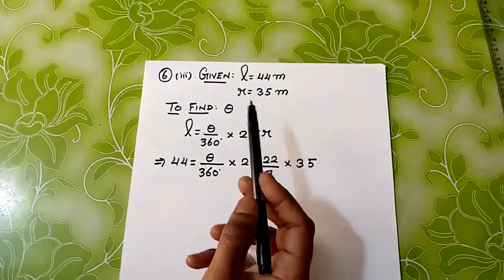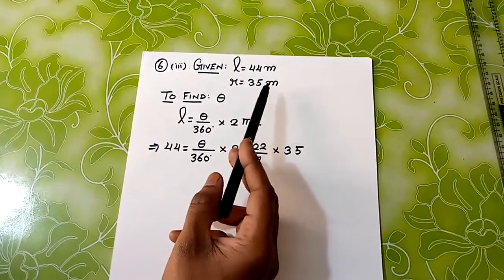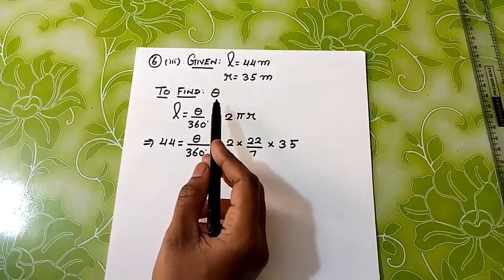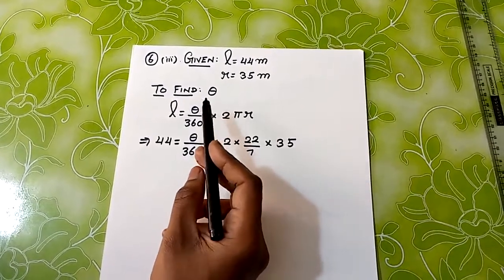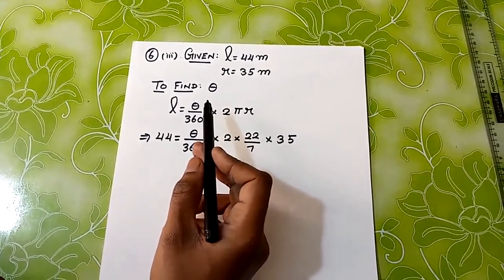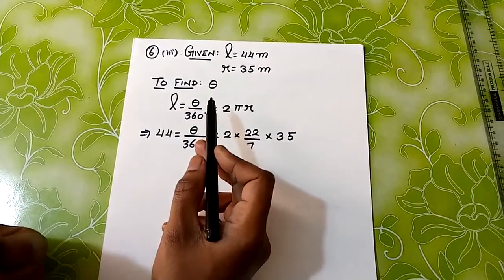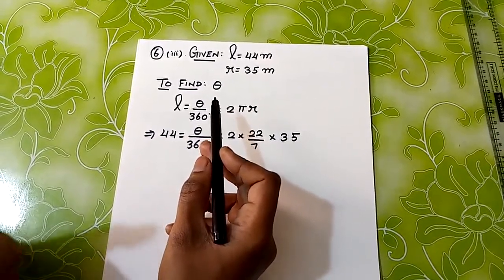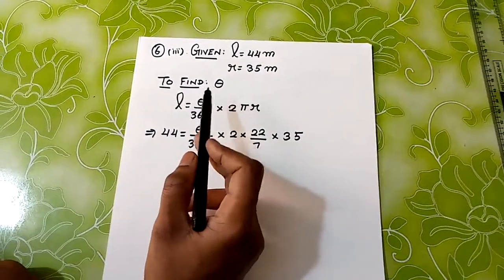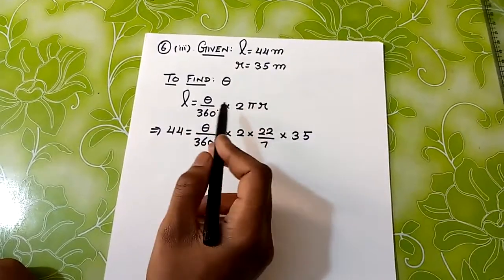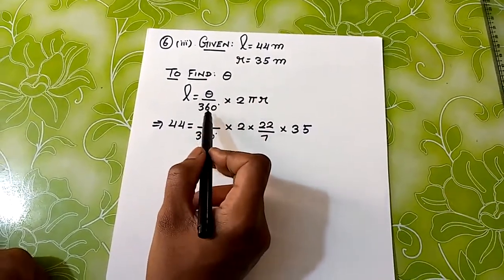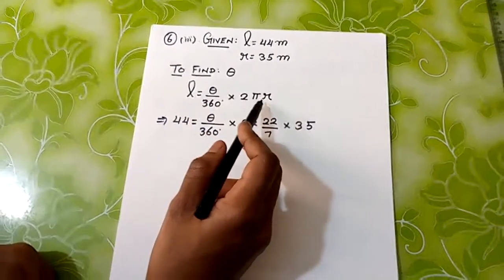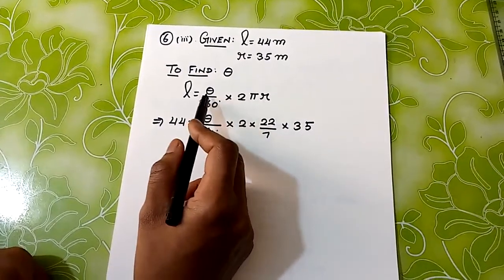6.3, given L equal to 44 meter, R equal to 35 meter. They are asking you to find theta. If you see the question, in the place of area, it will be blank. If necessary, if you want to find area, to find theta, you can use it to find area, or you can directly go to theta. And theta, what is the formula I am having here? To find theta, I am going to use this formula, that is L equal to theta by 360 degree into 2 pi r. In this place, I am having the value for L and R. So, using this concept, I can find the value for theta.